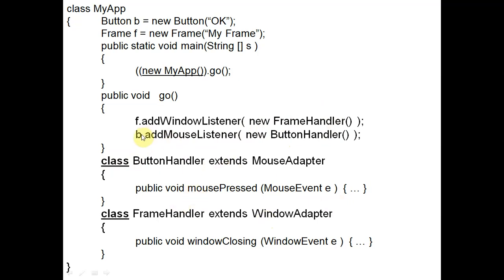So when we click on the button, the mousePressed event will generate, and with the frame we have the window listener, and inside the window listener we have FrameHandler, and in this FrameHandler we have the windowClosing event. As you click on the frame, it will be closed, the windowClosing event will generate, and whatever message is inside this windowClosing will be activated and displayed.